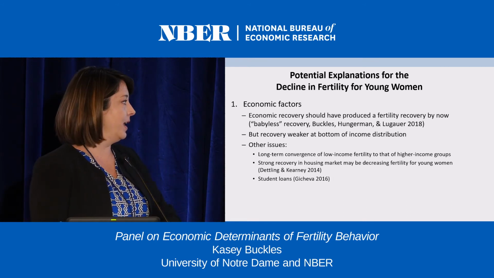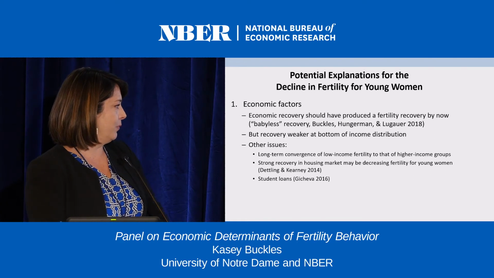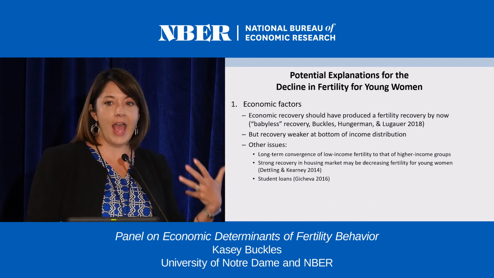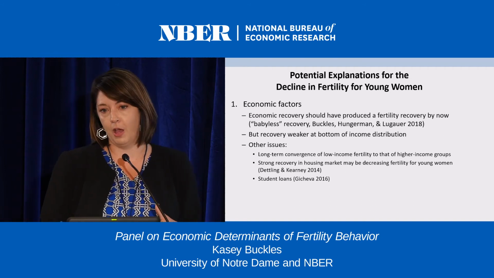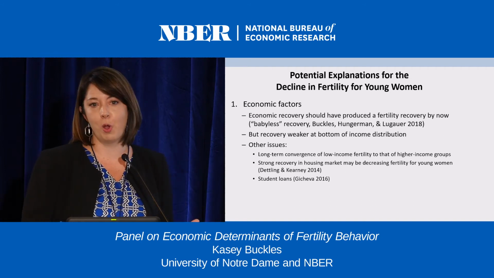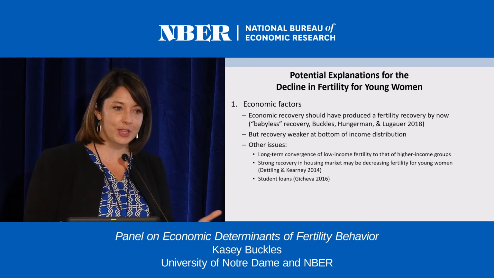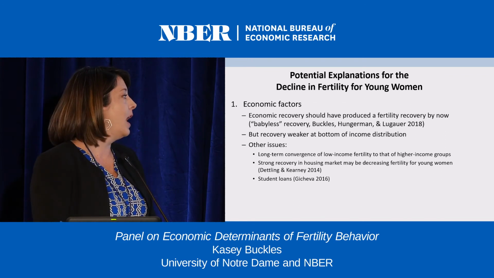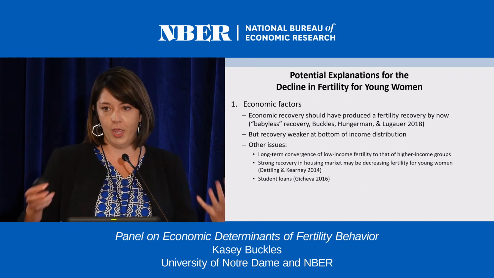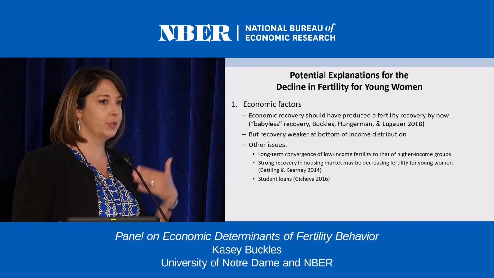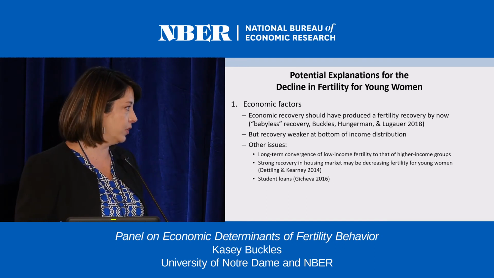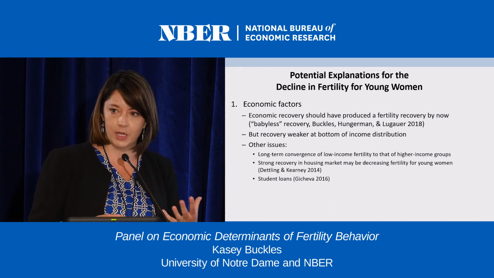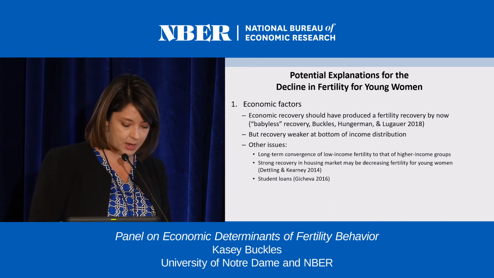This paper by Lisa Dettling and Melissa Kearney shows that high housing prices actually suppress fertility of people who are potentially first-time home buyers, which makes a lot of sense. If you want to start a home and buy a place where you can put a couple of kids, it doesn't work in your favor when housing prices go back up. So that's working against increasing fertility rates. And then there's some early work looking at the role of student loans, which we've seen a lot of conversation about in the popular press, but not as much work on.